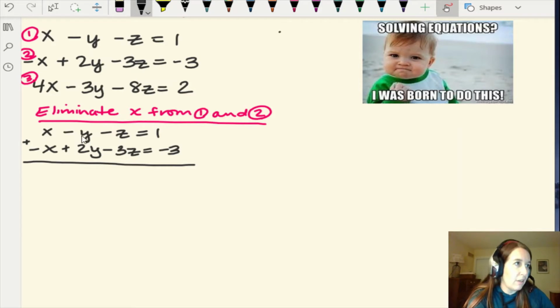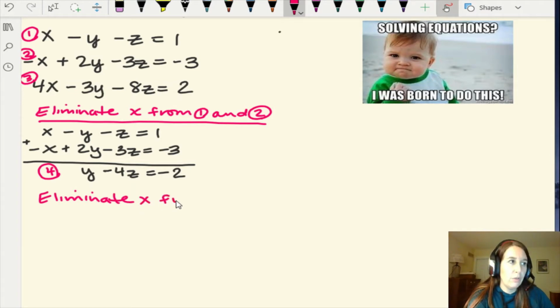The y's are negative y plus 2y, which is y. And the z's are negative z plus negative 3z, so that's minus 4z. And that's equal to 1 plus negative 3, which is negative 2. Okay, great. Let's number that equation number 4. Okay, now we're going to eliminate